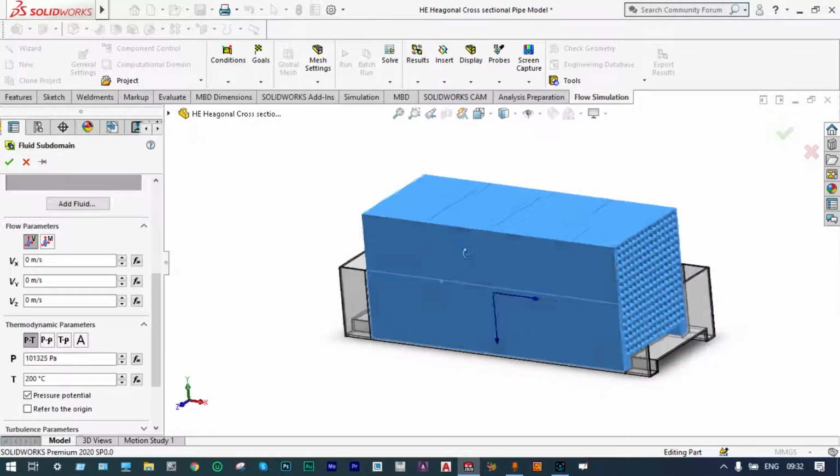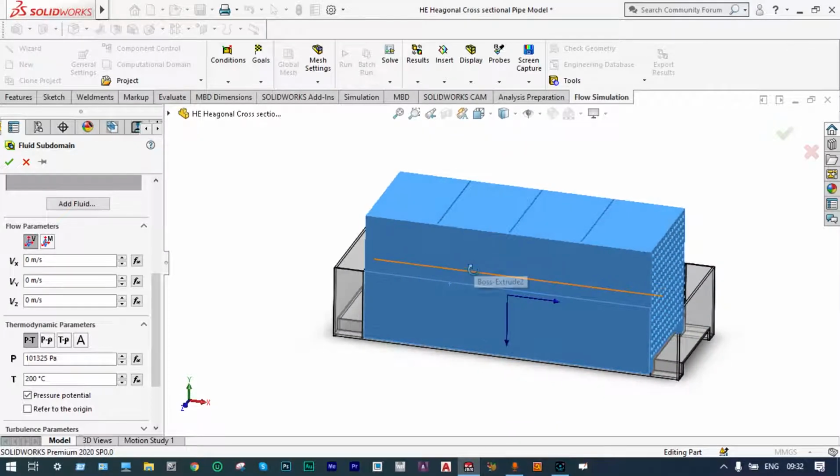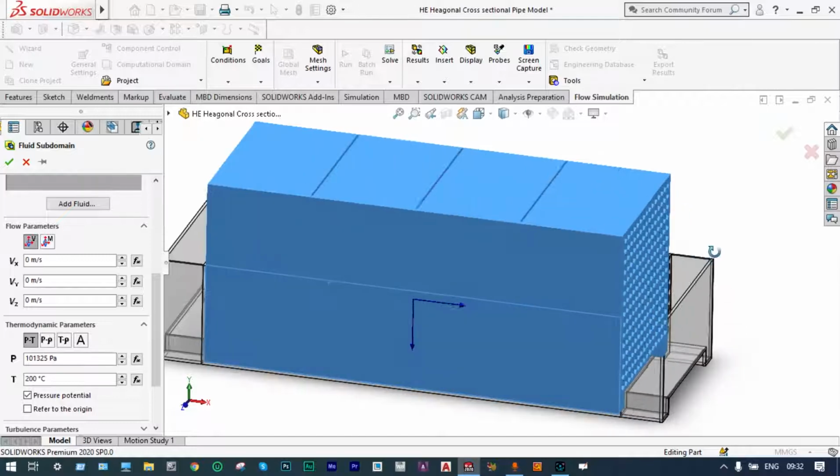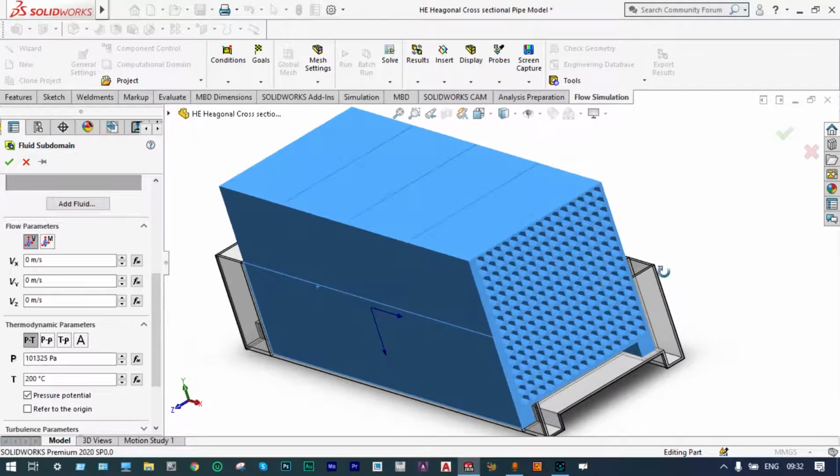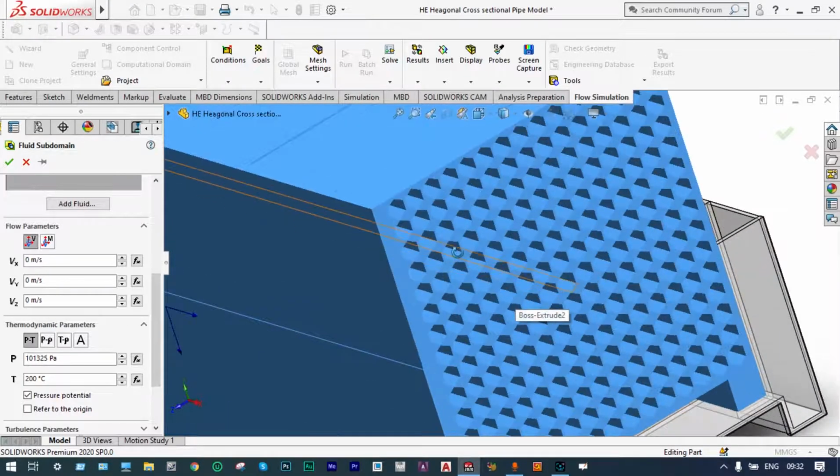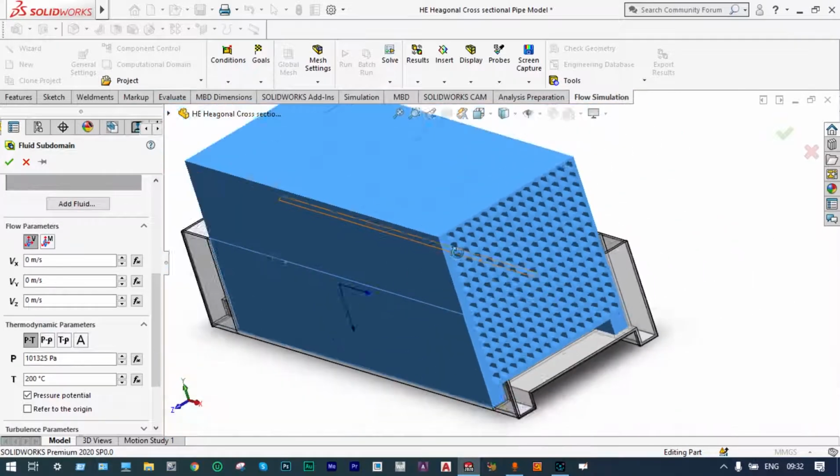See, this is the volume space for hot air, and from this location we will be providing cold water at 20 degrees centigrade. When you see from this side, the cross-sectional areas of these pipes, it is having hexagonal cross-section,